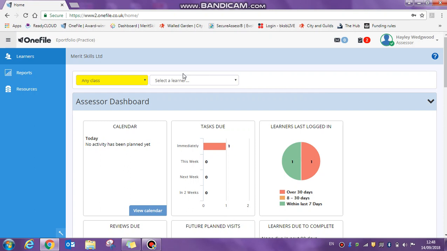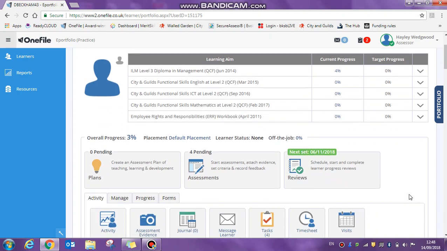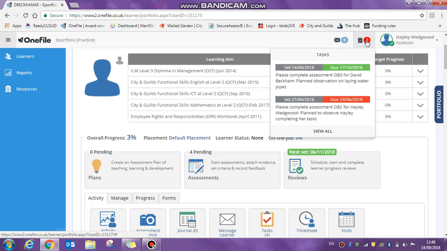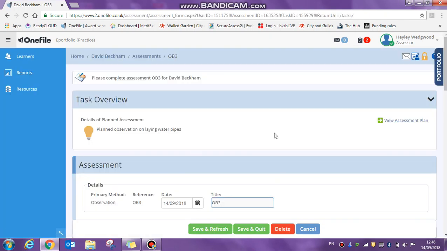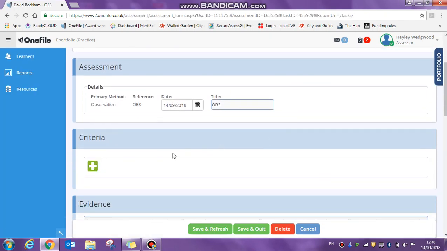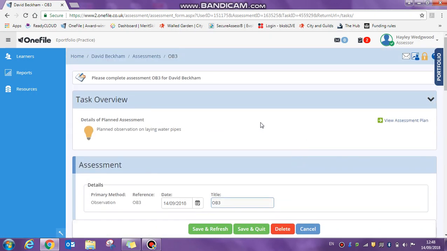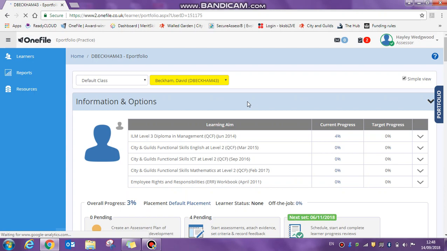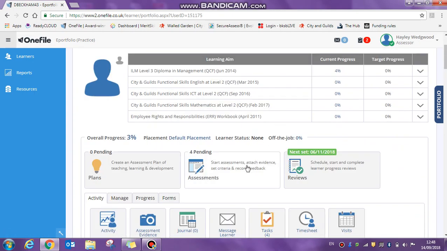So you've logged into your main page, selected the learner that you want to create an assessment for. In an ideal world, you would have already created your plan and you'd be able to go into the assessment that you've got in your tasks and complete the assessment this way, attaching your evidence, selecting your criteria and signing it off. However, if you haven't created a plan for a learner and you need to create an assessment,